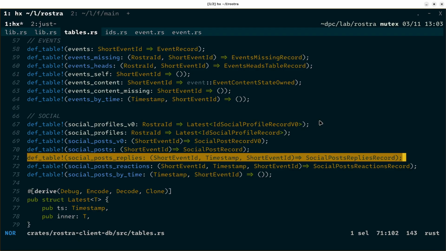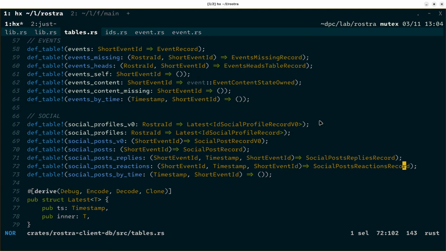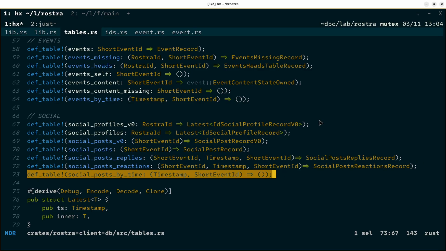Posts, we track replies. So when you look at the post, you might want to show all the comments to it. So to be able to quickly look them up, there is a separate kind of an index table. Same with reactions, so you can display kind of emojis. Here are posts by time if you want to go chronological